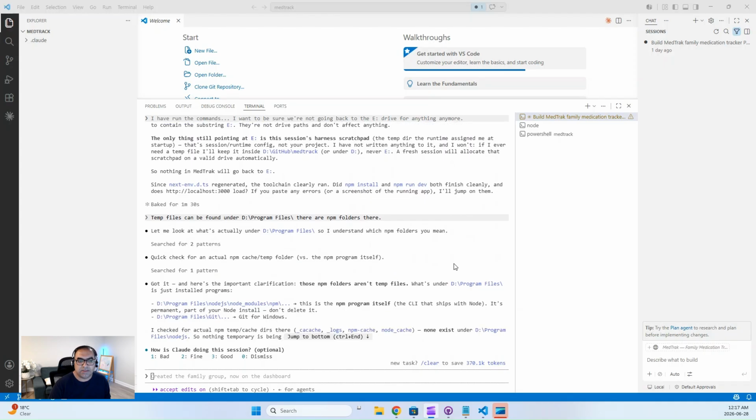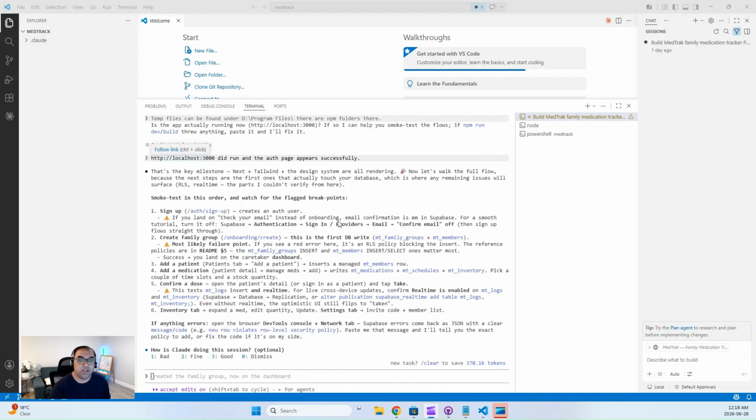Now, the best part is that we have a local link, which is localhost 3000, that I can actually run and test out if everything is working. And here are some cautionary notifications that Claude has come up with. It says that if you land on check your email instead of onboarding, email confirmation is on in Supabase. For a smooth tutorial, turn it off. Okay, so if you want to run through it locally, we can actually do that. And